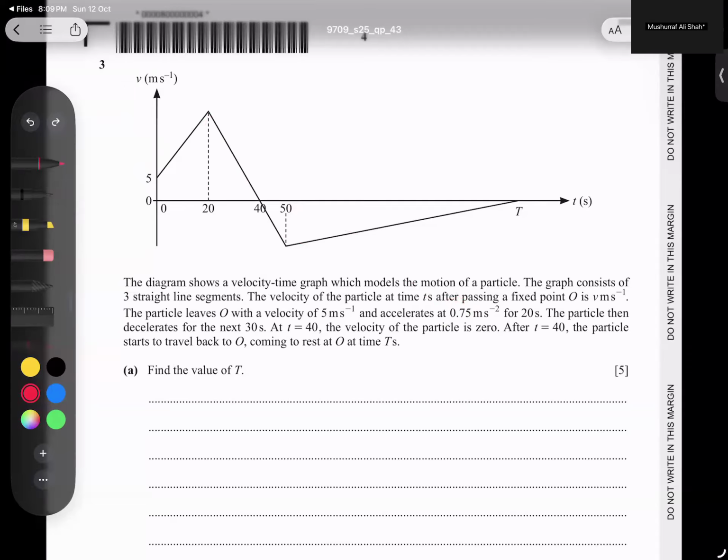So I'm writing here: U is the starting velocity 5 for this motion, and acceleration is 0.75